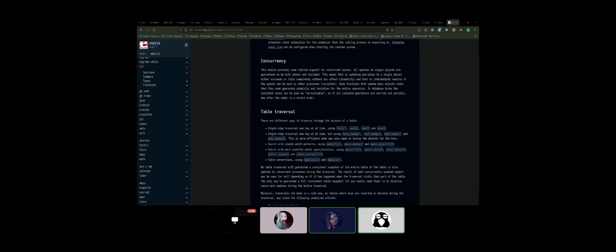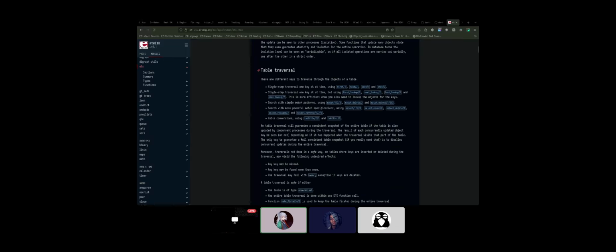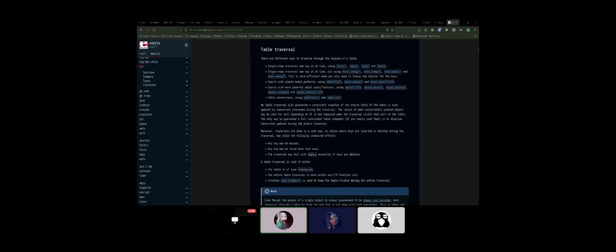Some functions. Built-in term storage. Can be seen as serializable, as if all isolated operations are carried out serially. Tables are divided into four types: set, ordered set, bag, and duplicate bag. What the fuck is a bag? It's a multiset. Okay, it's another term for a multiset. Same semantics. It's like a set, so there's no ordering, but it allows duplicates, and you can get the count